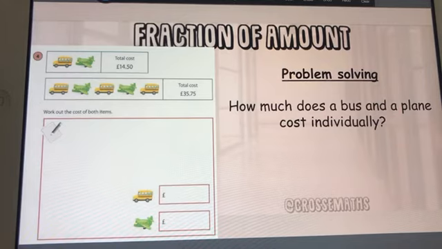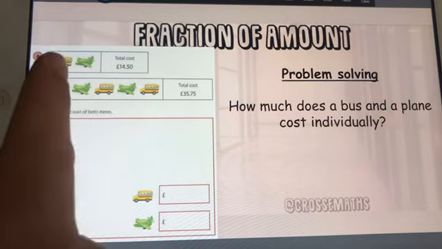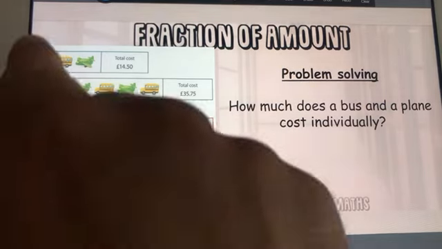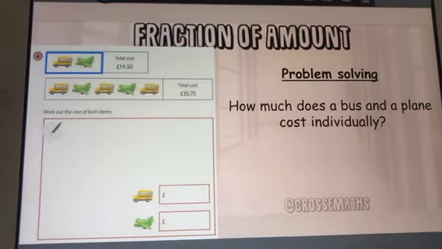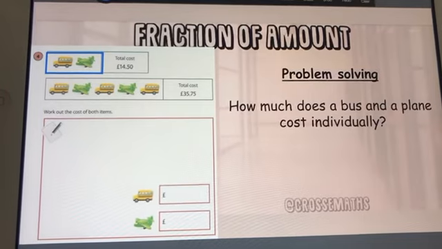Right then, so working this out, what you've got to do is compare the 2 pictures. Now looking at the first one, I've got a bus and a plane. Okay, that costs £4.50. Now looking at that, I can only guess what each individual one is worth. If the second one's worth £35.75, I'm probably going to guess wrong. So what I've got to do,